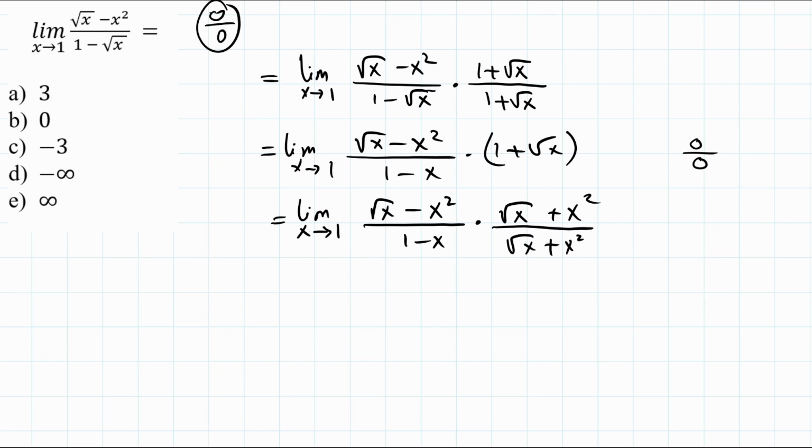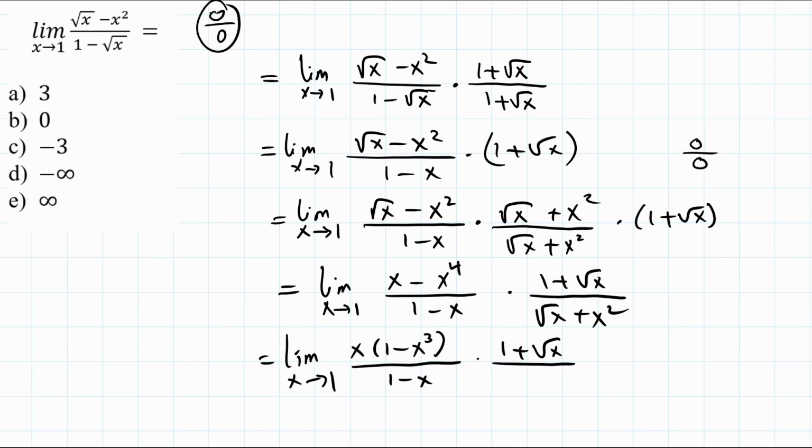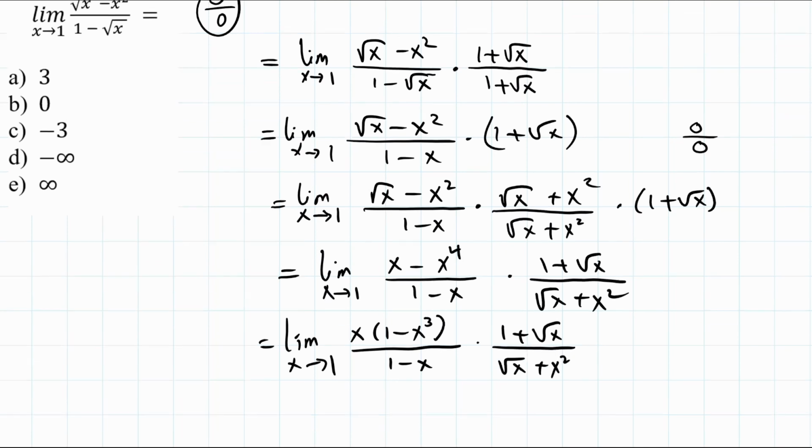Yes. And then we still have this expression down here, which is 1 plus the square root of x. Now multiplying these two together will result in, of course, the limit as x goes to 1 of x minus x to the power 4 divided by 1 minus x, and we have 1 plus square root of x. Up and down we have the square root of x plus x squared. Now if you pull x out of x minus x to the 4, then you see that results in 1 minus x cubed divided by 1 minus x, times 1 plus the square root of x divided by the square root of x plus x squared, and that is the limit